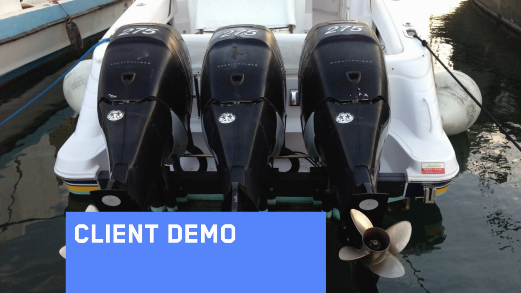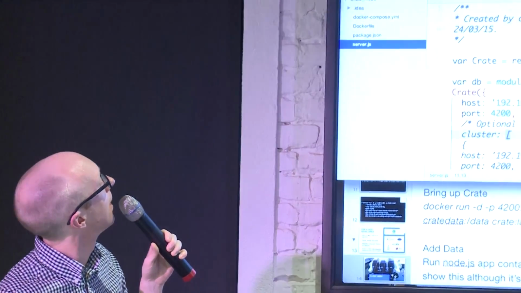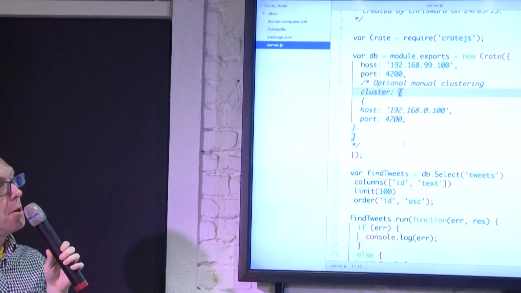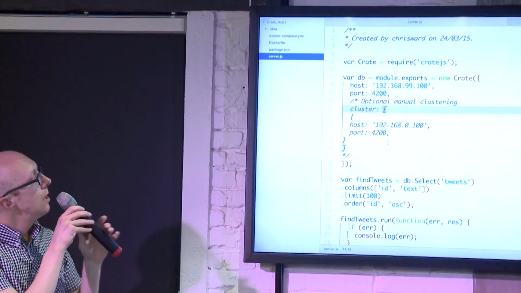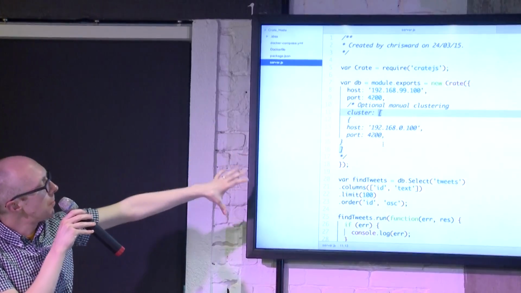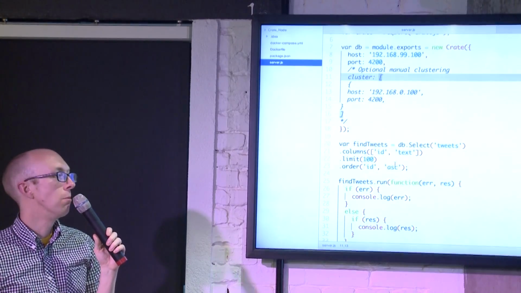Just to give you an idea. Someone needs to make presentation software that lets you. Okay. So this is a very simple example of a Node application that queries the tweets database we had already, sets up a connection, and then just runs a very basic query and outputs it to error log.